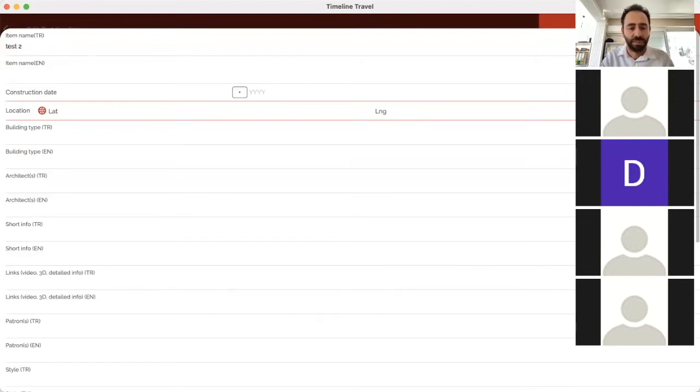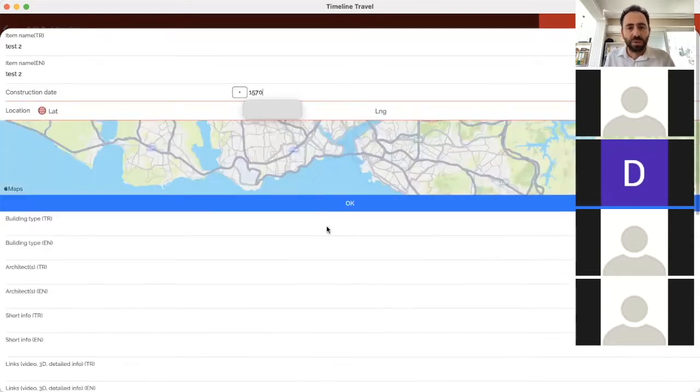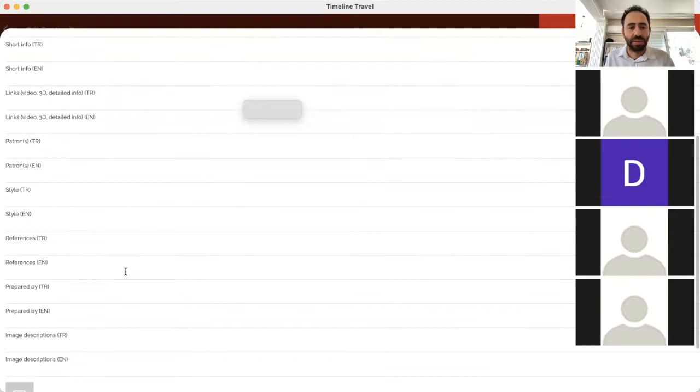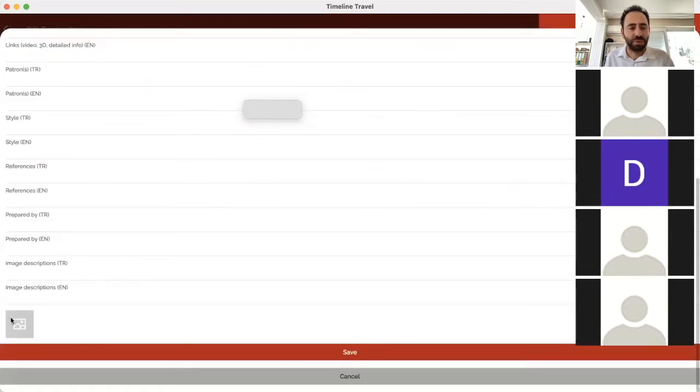I will type the year as 1570. I will choose the location from the map again. Okay. And I also want to see an image. So this image,